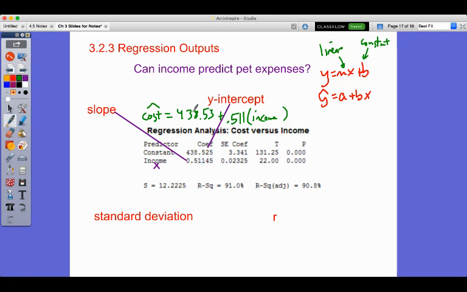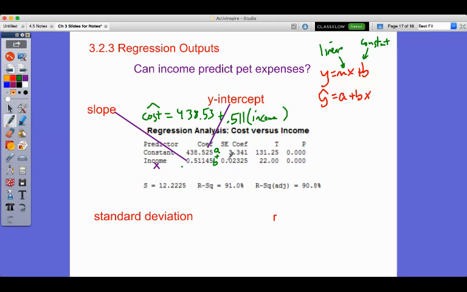All right, but now you notice this. This is like my a plus bx. Okay, so you can see a plus b times x, income. The x is always right next to the slope, just like here. The x is right next to the slope, and the y-intercept is constant. Okay,